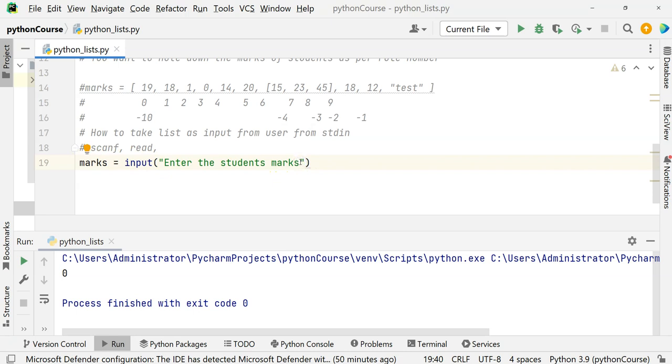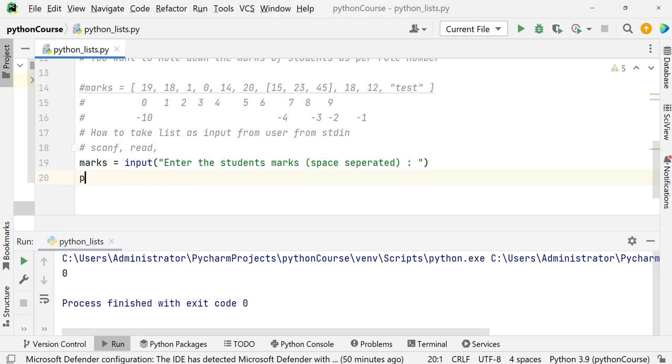And now this should be space separated. Always remember, it should be a space separated list. And once you say input, it will give this message to the user and it will wait for something to be entered, space separated. Once you press the enter button,